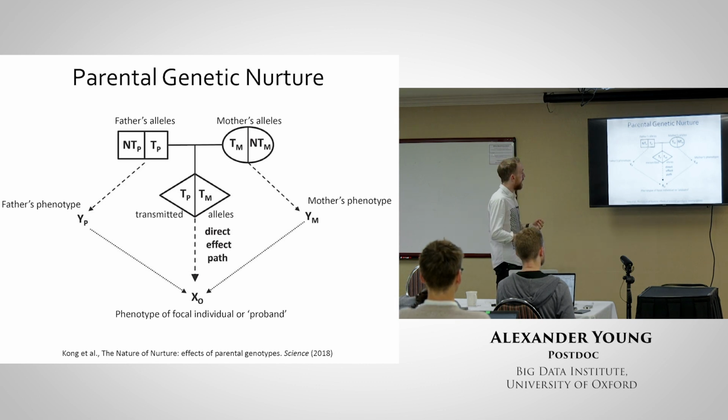data typically. And that's because if you simply correlate individuals' alleles with their traits, then that correlation can be driven not only by the direct effect of inheriting it, but also by the indirect effect that comes through the family environment. And these kinds of effects are sort of indistinguishable on the basis of just correlations between alleles and traits. So there's a question of, to what extent are the associations, the effects that we estimate in GWAS, to what extent are they actually picking up effects that are coming through the family environment rather than simply the direct causal effect of inheriting that genetic variant?